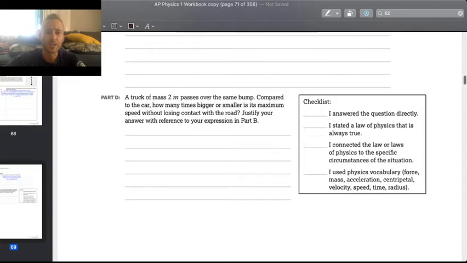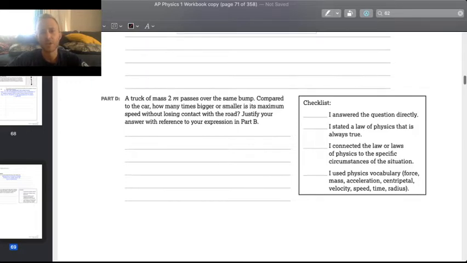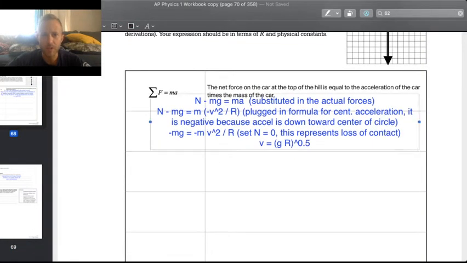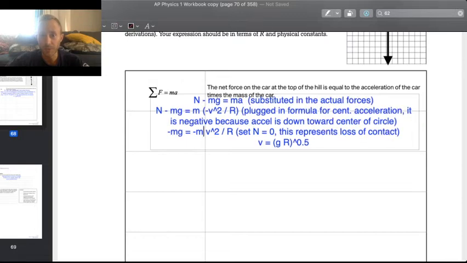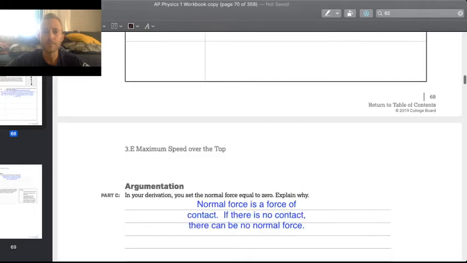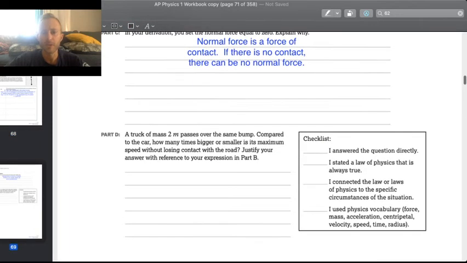Okay, part D. It says a truck of mass 2m passes over the same bump. Compared to the car, how many times bigger or smaller is its maximum speed without losing contact with the road? Justify your answer with reference to part B. So one of the things we can see about part B here is that m is on both sides of the equation, so m canceled out. So our final answer does not contain m. So what I would say is that